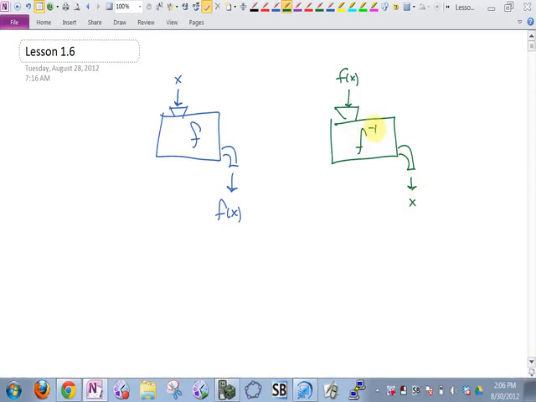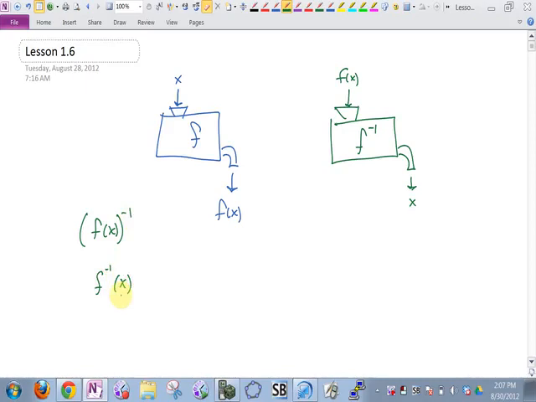Now that's the notation we use, an f with a little -1 as the superscript. Does that mean taking the function f and raising it to the -1st power? No, that is just notation. That means inverse. Am I allowed to raise a function to the -1st power? Absolutely, it would just look like this. You take the whole function raised to the -1st. If you're writing that little -1 next to the name of the function, you're representing its inverse function, not its